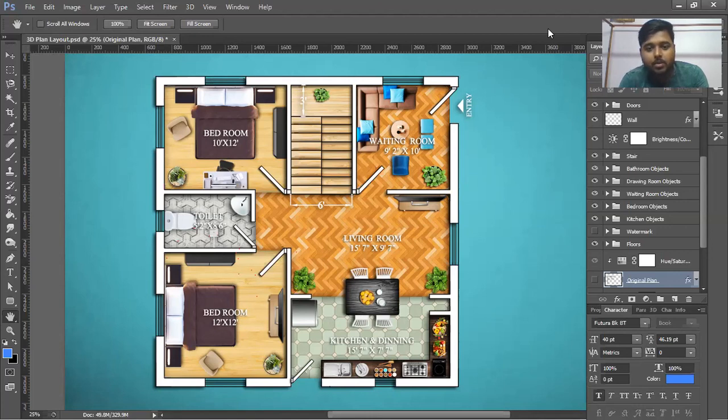So we can end today's session, but also remember the task for you: after you finish your dinner and all those things, before tomorrow's class, at least print your drawing. Whatever plan you have drafted, try to print it. When you get something in physical form, you'll get confidence. You'll be very confident that you have done something and printed it on paper and it is looking perfect, the scale is perfect.